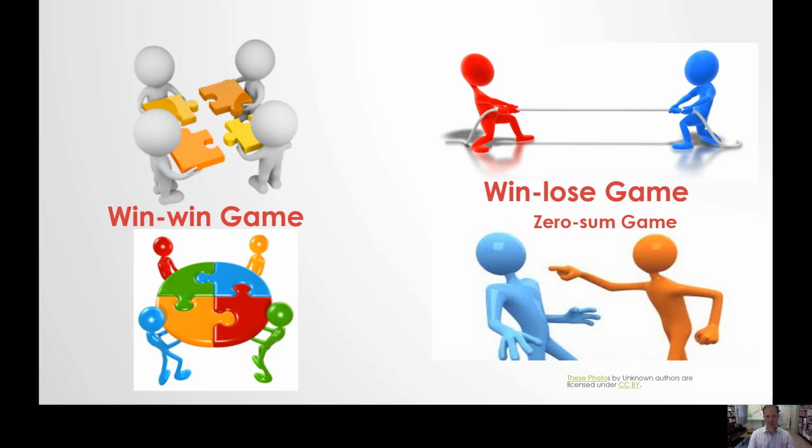Now, we could think now about how do states get this? Well, we can separate this into two kinds of games. And of course, there's a win-win game, and this is where both sides win. So we can see here that these are playing a win-win game. This side wins and this side wins. But we also have another type of game, which is a win-lose game. So obviously in this game, there's one winner and one loser. We also call this a zero-sum game. And we can say that this is some kind of cooperation, and this is some kind of conflict.